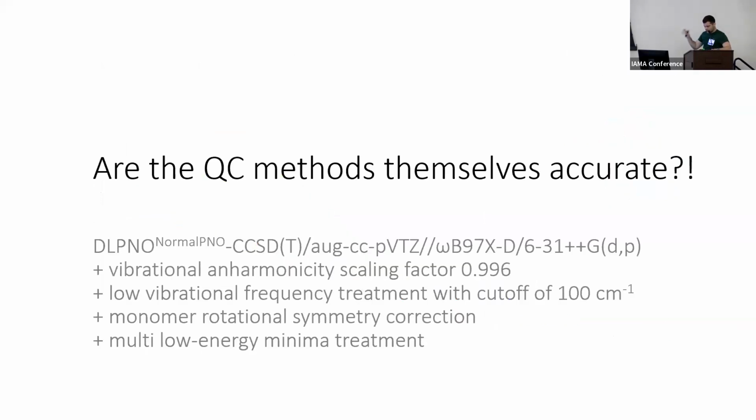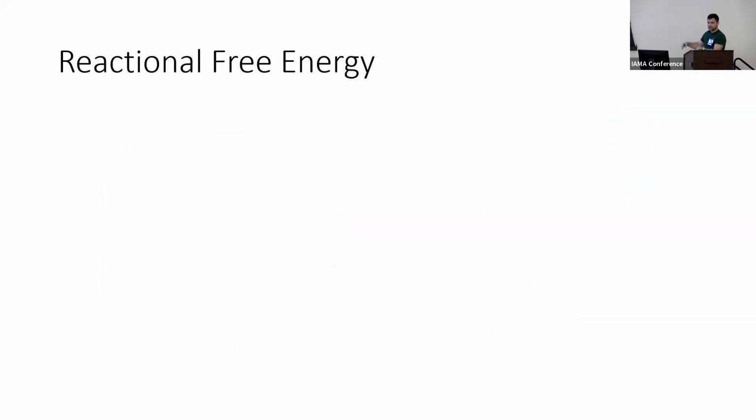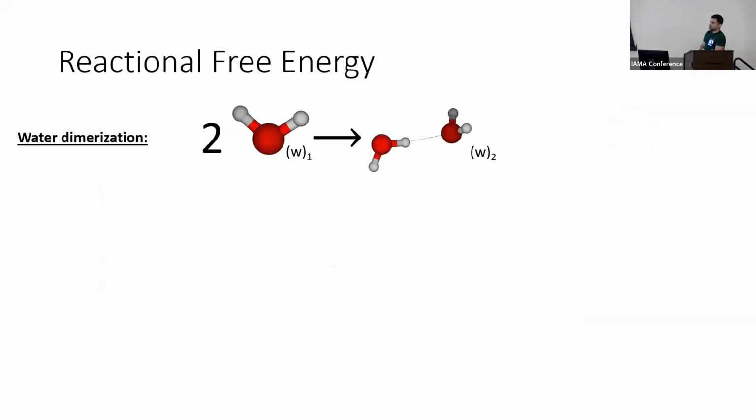Okay, let's maybe check why we actually need machine learning. I will get back to the machine learning a bit later. How accurate are the quantum chemistry data for the particle formation, for the molecular cluster formation, when we compare them to experiments? So I take the method we typically use. And here I have some simple reaction, which is a water dimerization. And the theory, I mean, our calculation, is compared to experiment and is very similar.